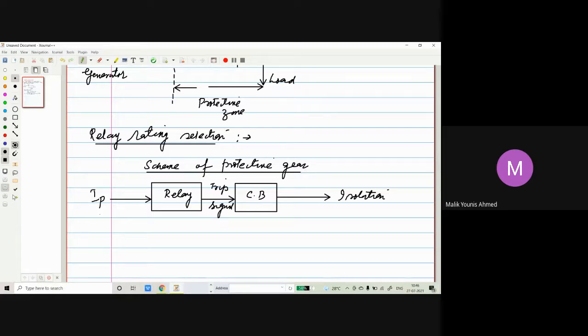Okay, so what is a circuit breaker? Circuit breaker, it breaks the circuit, you know already, in the sense that it will isolate the healthy section of the power system from the unhealthy section. Why? So that the continuity of the supply to the consumers is not disrupted. I will repeat it again. So the main purpose of the circuit breaker is